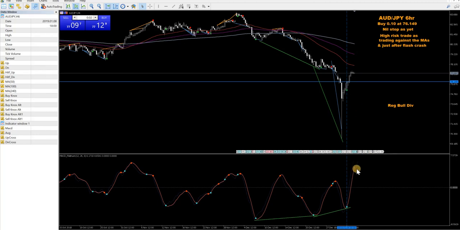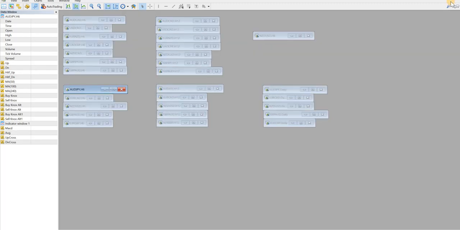I'll just keep an eye on the MACD Platinum. If it starts to roll over a little bit, I'll start looking at closing out half, putting a stop in place, etc. But in the meantime, just sitting watching it. It's a quiet start to the day. See how it goes. Let's move up to the 6-hour